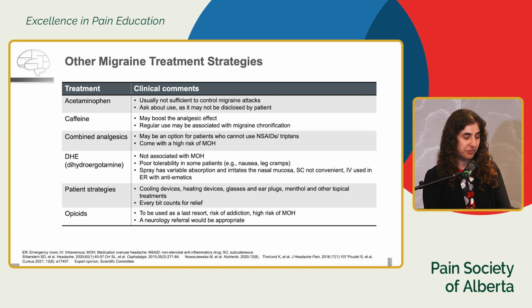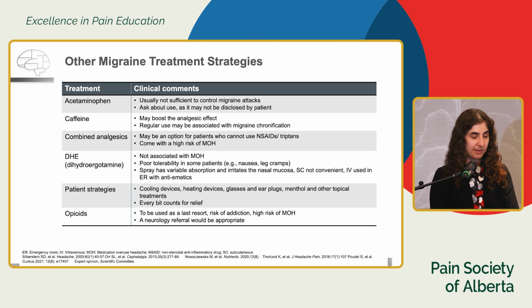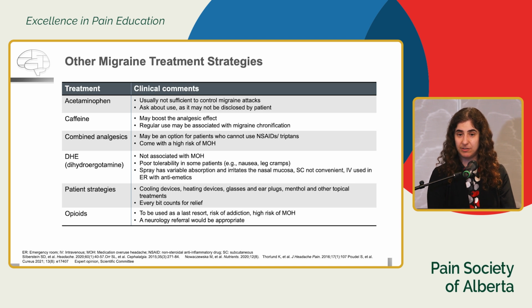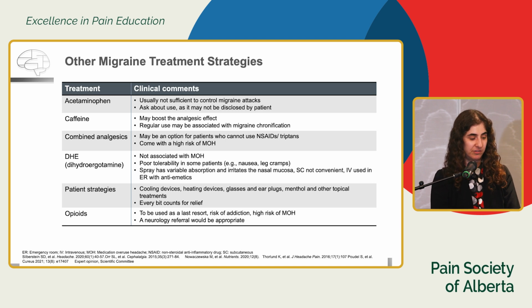So some of the other migraine treatment strategies, so we've talked about acetaminophen being generally helpful in some cases when the migraine attack can be mild, and sometimes as a good adjunct as well. So sometimes the patient will say that a triptan or an NSAID may not work sufficiently, so they can actually combine sometimes acetaminophen with that, and it can work better for them. Caffeine sometimes, if used appropriately and not too often. We don't want them to have caffeine withdrawal or overuse from the caffeine, but as an adjunct to their acute pain medications, it can sometimes work well and has